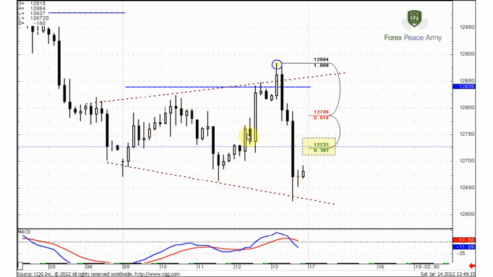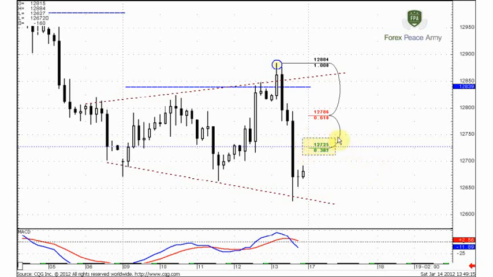So the market bounced from the range inside of this broadening bottom, and if the market starts a downward move right from that area, it will be absolutely classical. So the market hasn't quite reached the upper body, and reverses to the downside. This will confirm the weakness of this market and a probable downward breakout of this broadening bottom pattern. So that is what we should particularly keep an eye on in the Monday trading session, maybe on Monday, Tuesday trading sessions, because development inside of this broadening bottom pattern will give us much in understanding what is going on and what will happen in the nearest trading days.